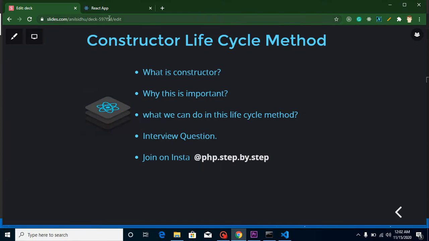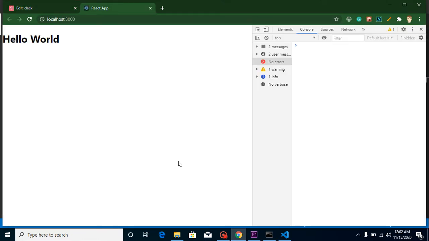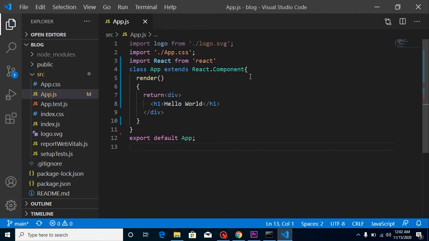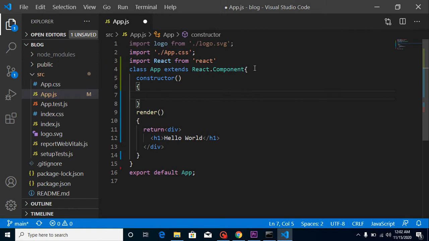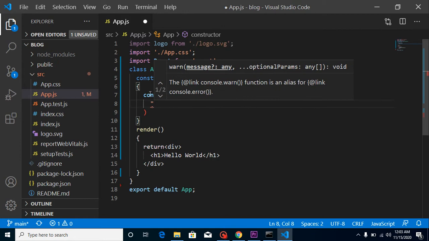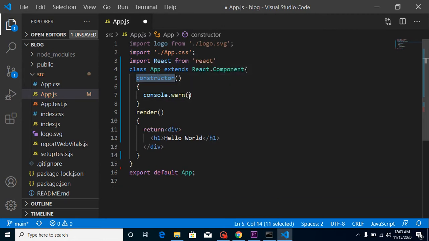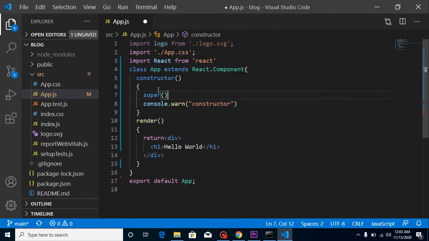So let's check out the output for a moment. Everything is working fine. Great. Now let's define a constructor. How can we define it? So this is our constructor. If I want to define some state, we can define it in the constructor, because this is called before the render method, right? Can we confirm that this is called before the render method? Yes, we can. Let's define a console.warn and put a string like constructor, so that we can identify it. And here we must call super if we want to use the this keyword and so on, right?